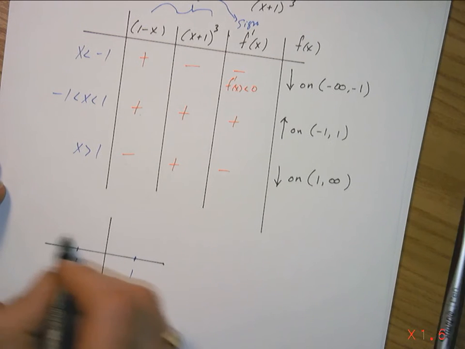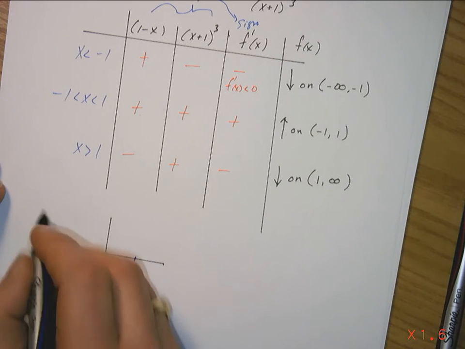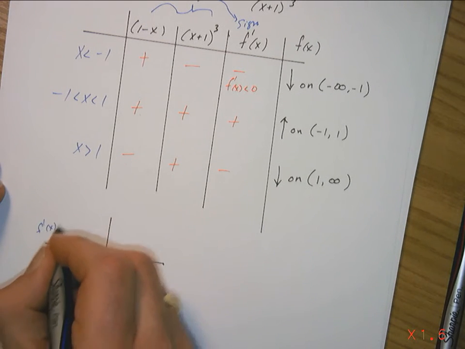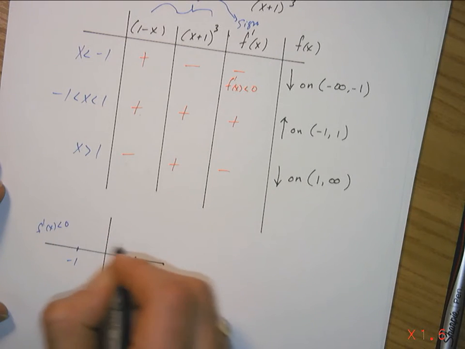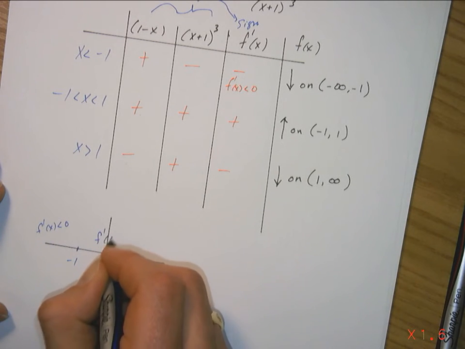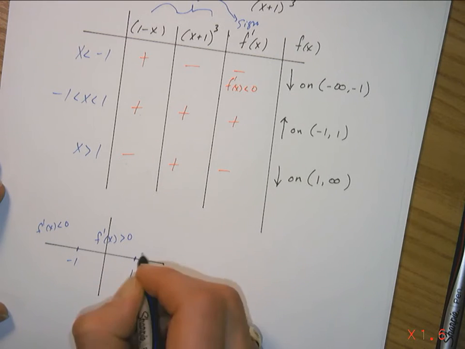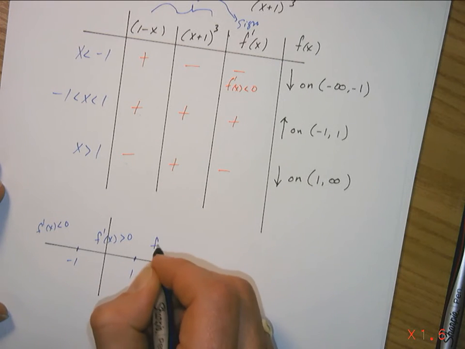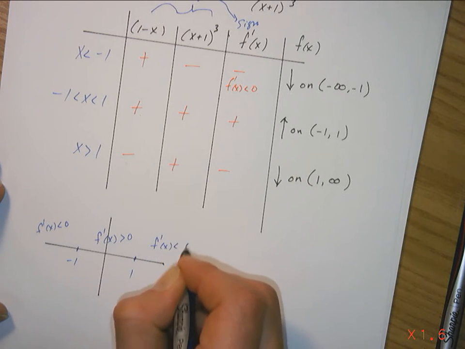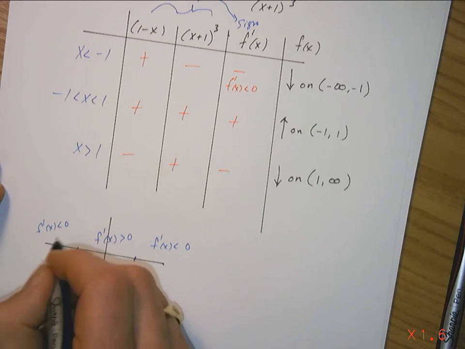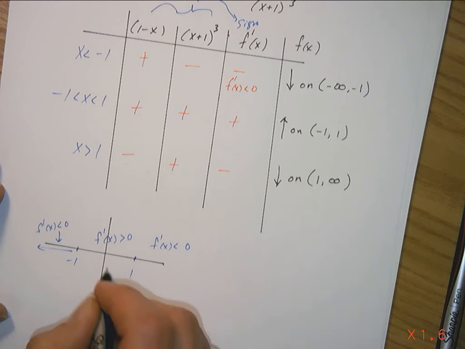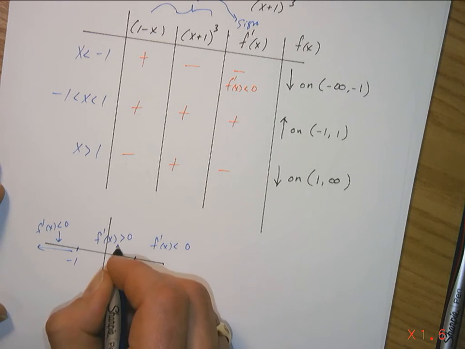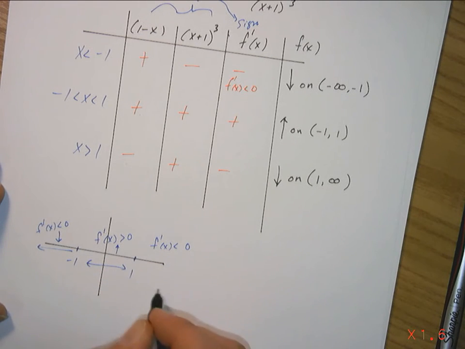On this entire interval, f prime of x is less than 0. On this entire interval, f prime of x is greater than 0. On this entire interval, f prime of x is less than 0, which means that the curve is decreasing here. The curve is increasing here. And the curve is